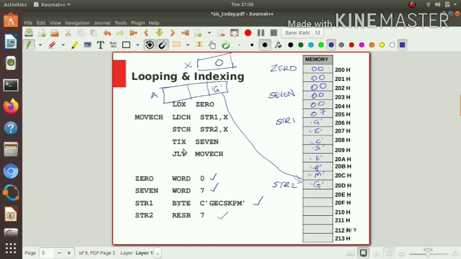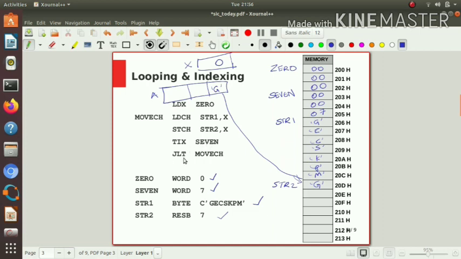So here the value of x is now 0, that 0 will become 1, and that 1 will be compared with the memory constant 7, and based on this comparison the condition code will be set. So here 1 is compared with 7. 7 contains the value 7. So here the condition code is set to less than.